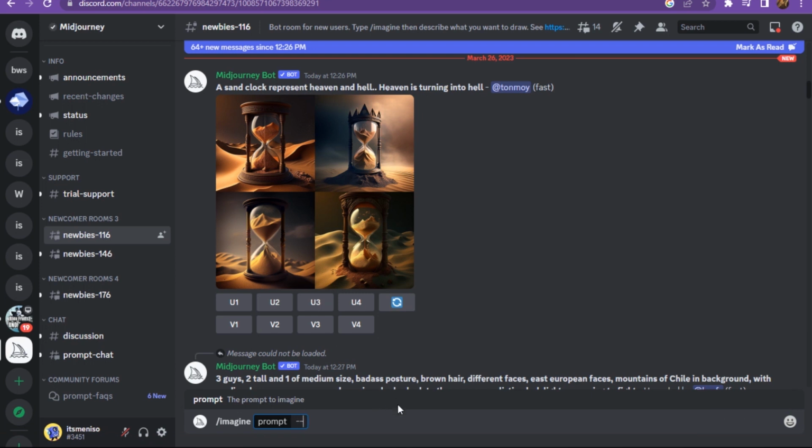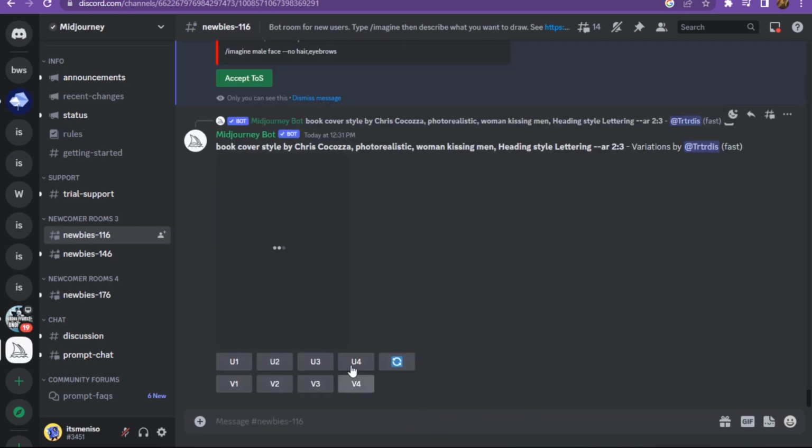Now here you have to add all of your requirements, but before adding your requirements you have to add the name. After that you have to type hyphen hyphen, and here you have to add all the requirements. Once you add it, you have to click on send,